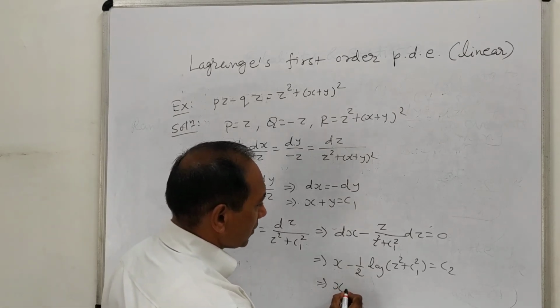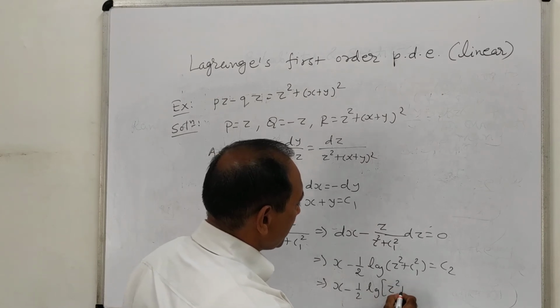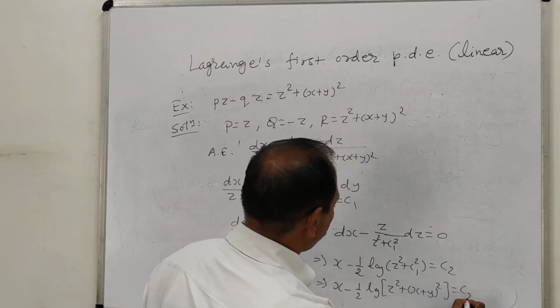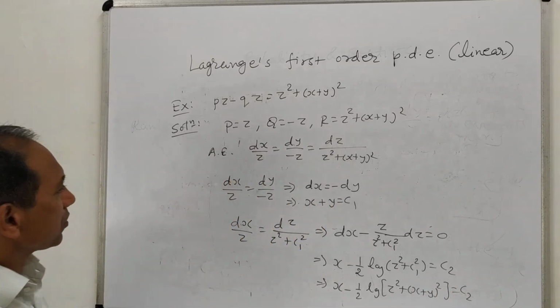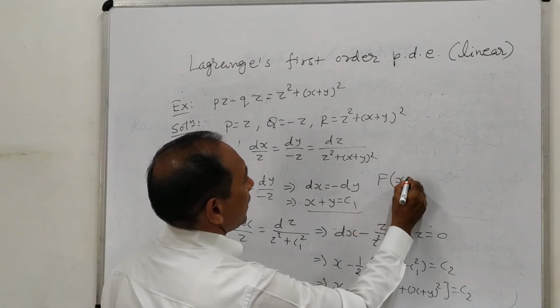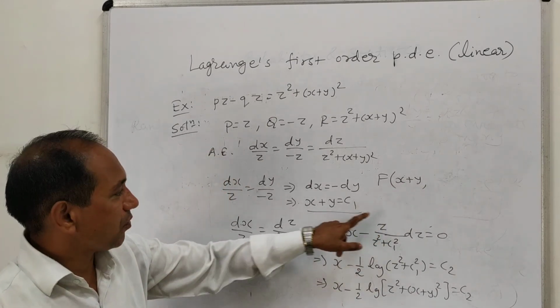So x minus 1/2 log of z square plus c1 square, and now I will put the value of c1 after integration, equal to c2. So our final solution is capital F. The first solution is x plus y equal to c1, so you don't write x plus y equal to c1 form here. Or simply write